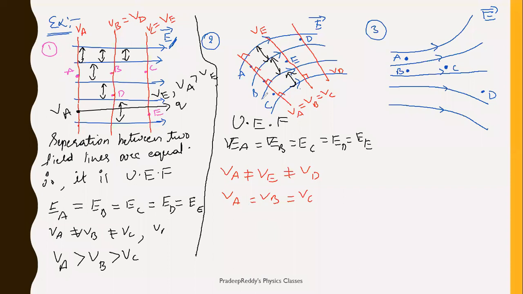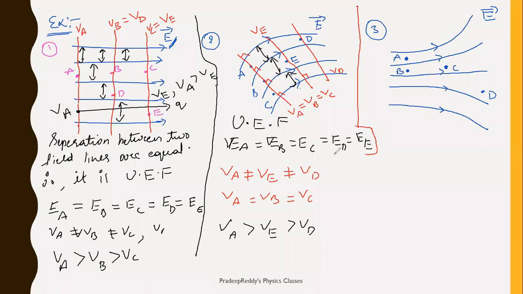Which point is greater? In order to check that, simply leave a test charge in that uniform electric field. If you leave a test charge at position A, to which direction will it travel? It will travel towards D. Therefore, which point is at greater potential? A is at greater potential, D is at smaller potential. So therefore, VA is greater than VE is greater than VD. Right? So this is one more simple example. You can compare electric field as well as electric potentials using these field lines.